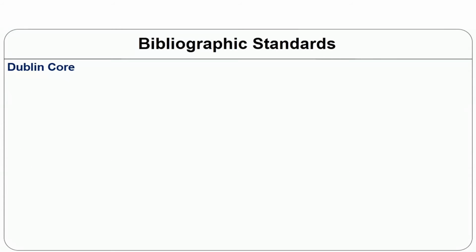What is important about Dublin Core, and the simplicity of Dublin Core, is that it uses a set of 15 core elements. Which are the elements? As a library science professional, you should know all the 15 elements. I suggest that. Now, any content in the library, whether digital or physical, will have a title.